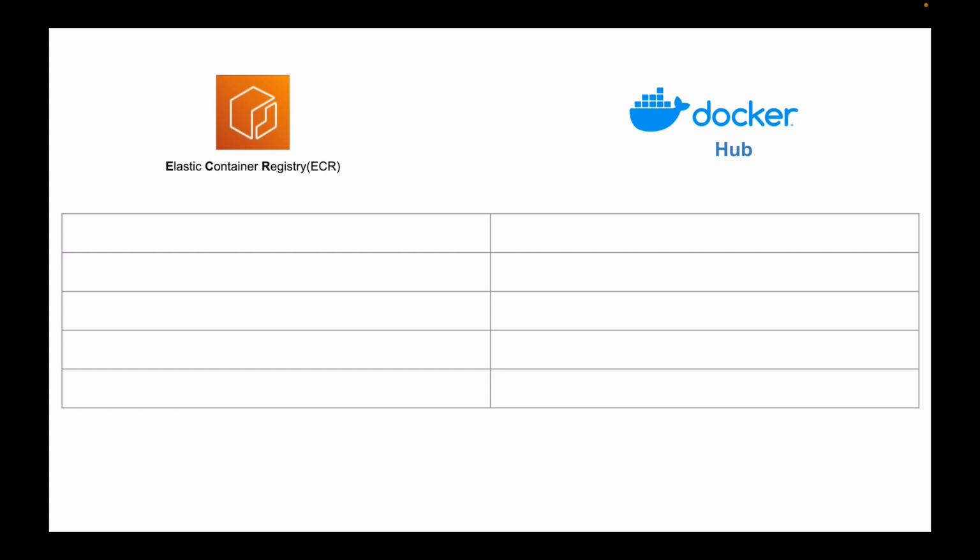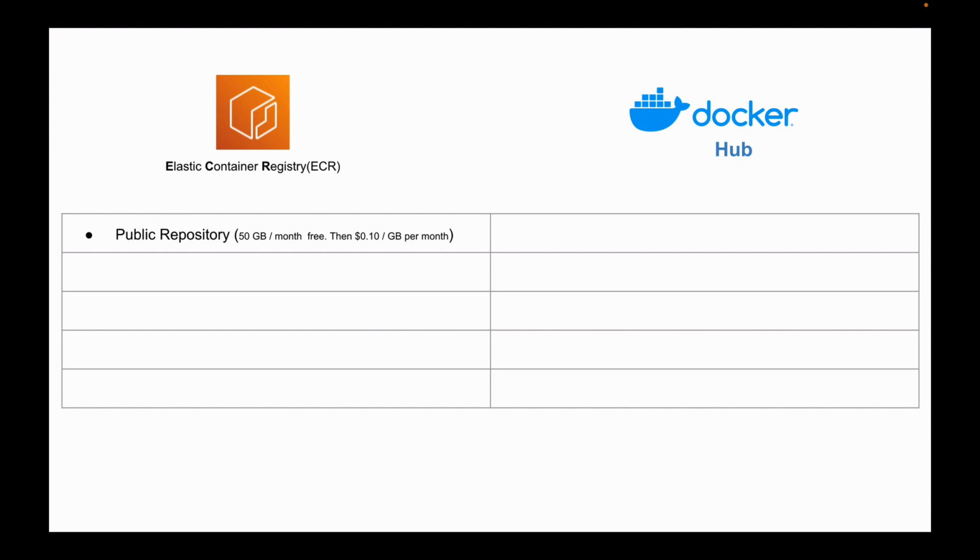Alright, so both of these services allow you to create public repositories. But when it comes to Elastic Container Registry, hosting public repositories is not always free. At the time of recording this lesson, both new and existing AWS customers get 50 GB per month of always free storage for their public repositories. If you exceed this 50 GB, then the storage of either public or private repositories will cost you 10 cents per gigabyte per month. But for the latest pricing and conditions, please check the pricing page of Amazon Elastic Container